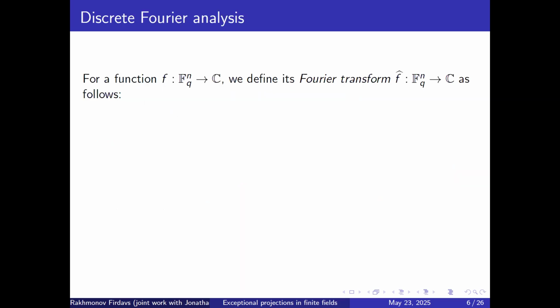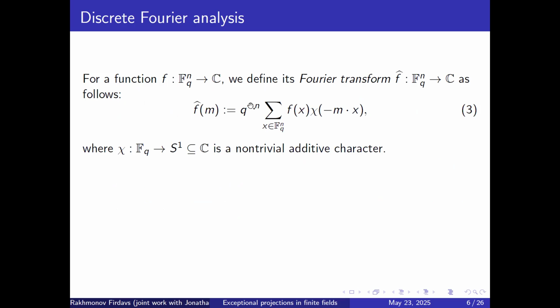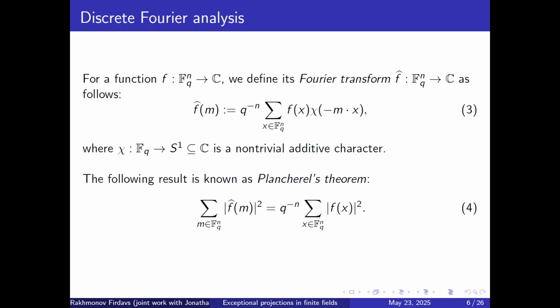First of all, we need to define the Fourier analysis in F_q^n because this is our main tool. Once we have a complex valued function defined on F_q^n, we can define its Fourier transform in this way. In the definition of the Fourier transform, I'm going to normalize it, so I have to divide by the size of the space, which is q^n, and chi is a non-trivial additive character. The choice of this chi doesn't play any role in what follows, and the following result is very important. It's called Plancherel's theorem, and it connects the L^2 norm of the function with the L^2 norm of